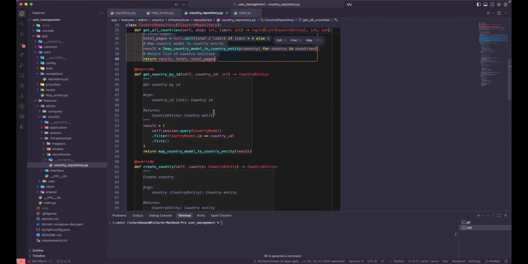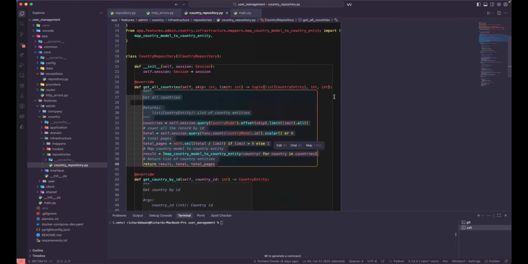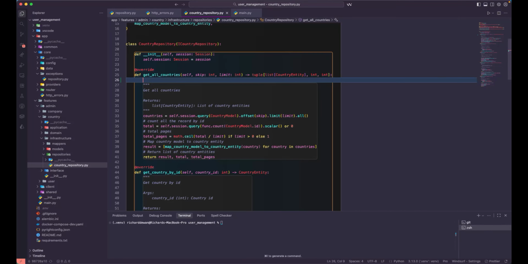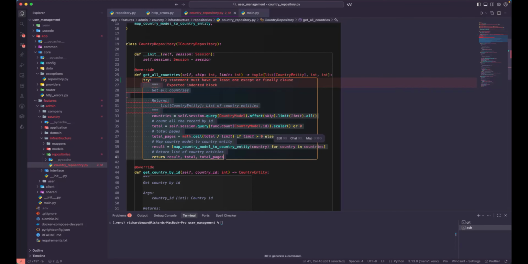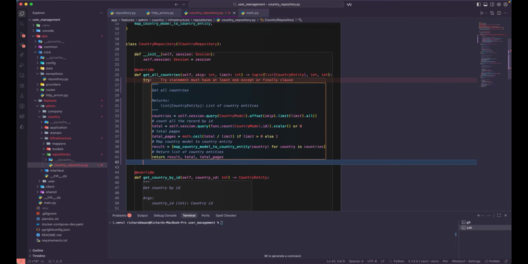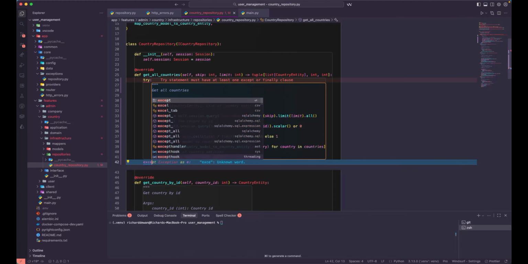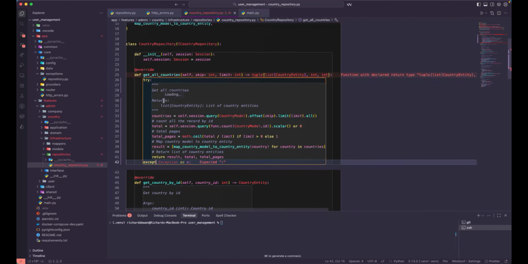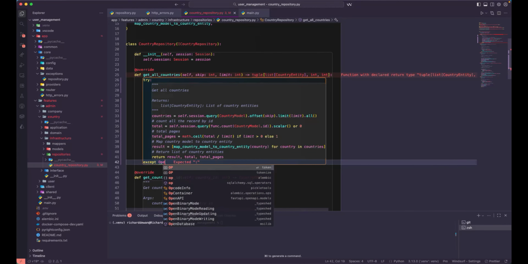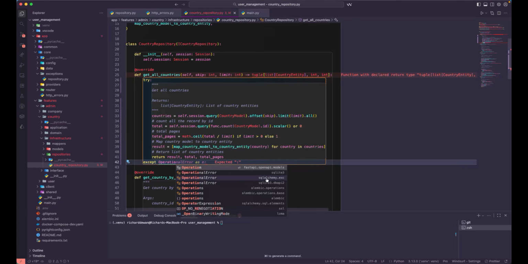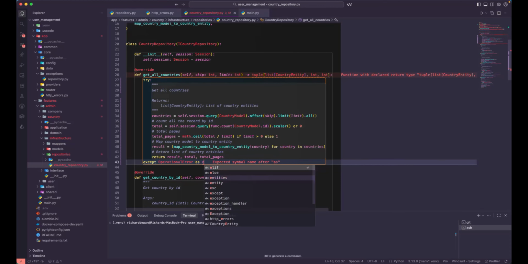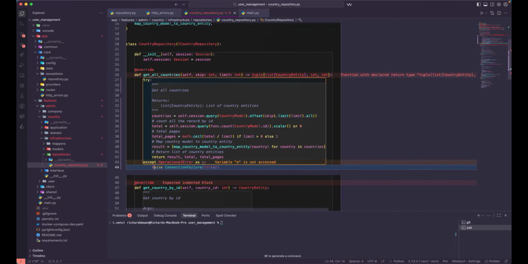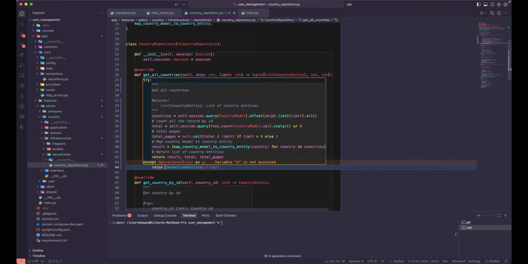So let's just go back to our repository over here, and let's implement the try except over here, and add the proper indent over here, and say the except. The first thing we are going to accept is, I guess, the operational error from the SQLAlchemy exception. Let's import that one as E over here, and then we are going to raise our